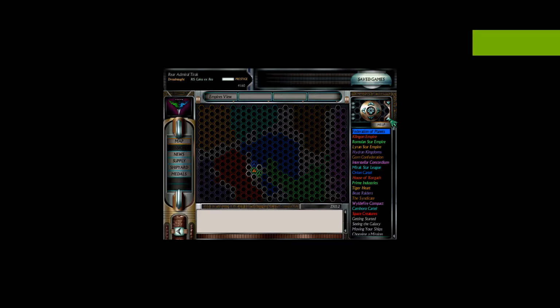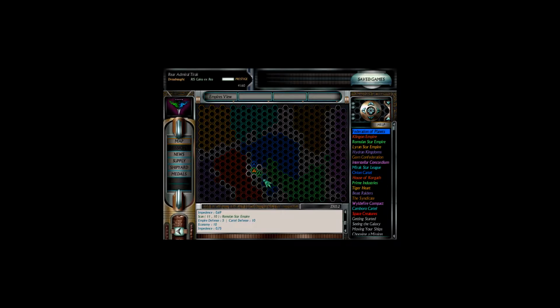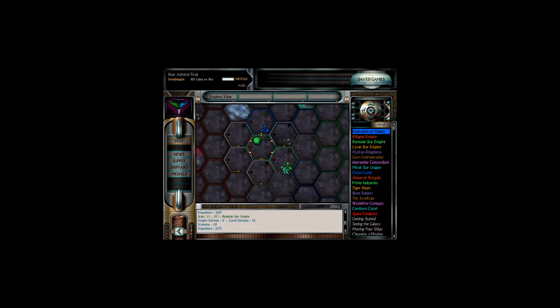I am Rear Admiral Tirak of the Dreadnought RAS Galia X-Ray as we continue our campaign against the United Federation of Planets, and things are going reasonably well. We have successfully managed to capture this planet here at 1010. We have mostly secured the area, as well as the station here at 11.9. And we are now looking at cutting off what remains of the little Federation snake we have here. So without further ado, let us set out, go kick some butt, and